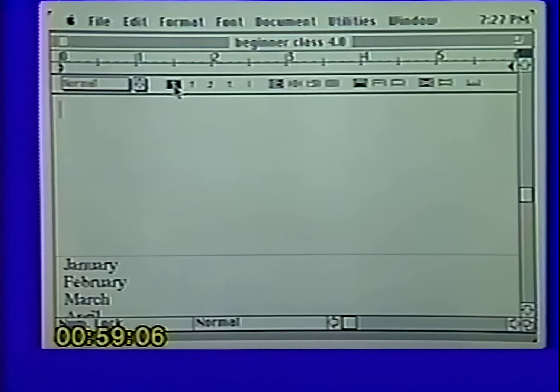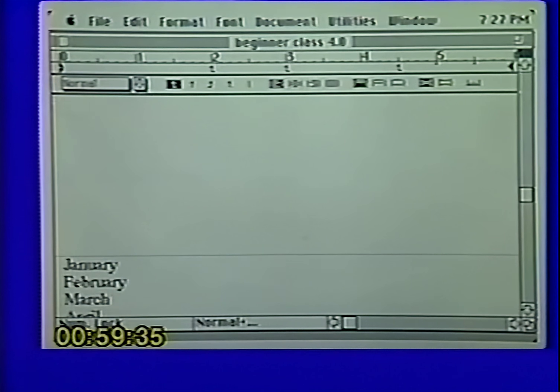The first thing you do is click on the one you want. If it happens to be the first one, you don't even have to click on it because it's already selected. You don't have to drag, you don't have to do anything. Just simply go up into your ruler and click where you'd like a tab. I'd like one right there, I'd like one right there, and I'd like one way over there. Now you'll notice it put the little arrow in my ruler so I can see it. Now if I hit my tab button, it automatically goes over to 2, goes to 3, and goes over to 4.5. And when I backspace, it goes back to those same settings.